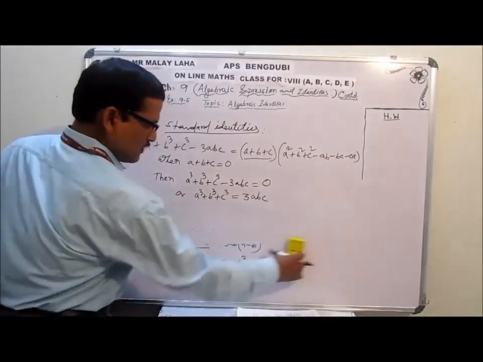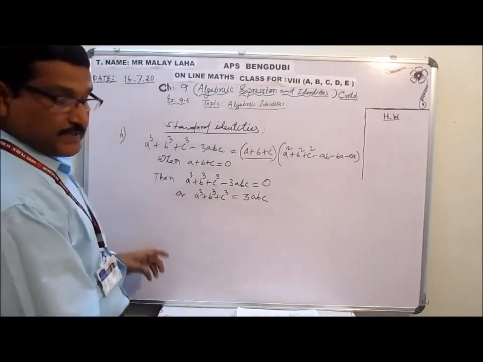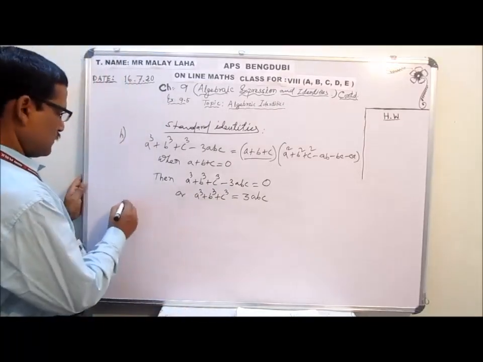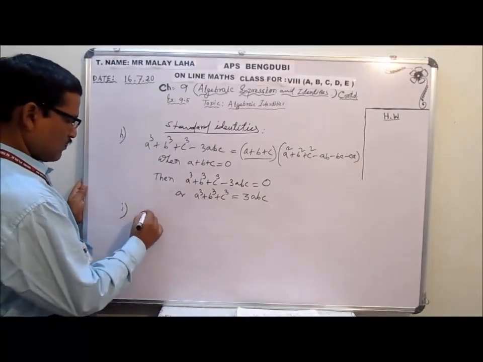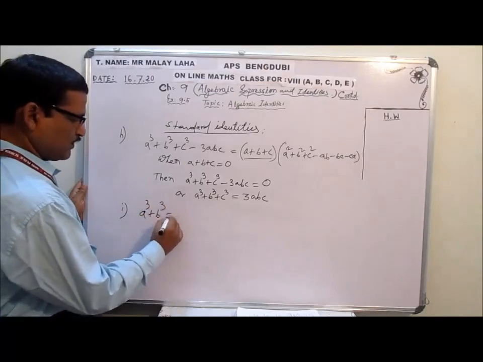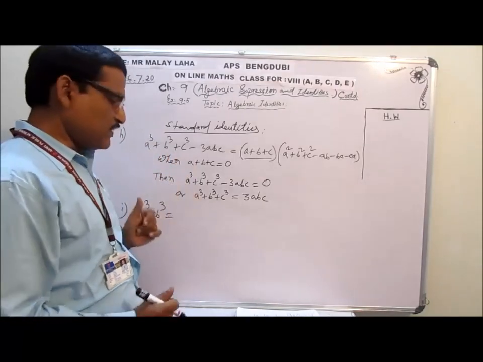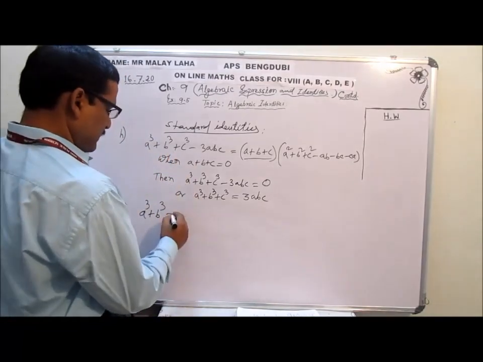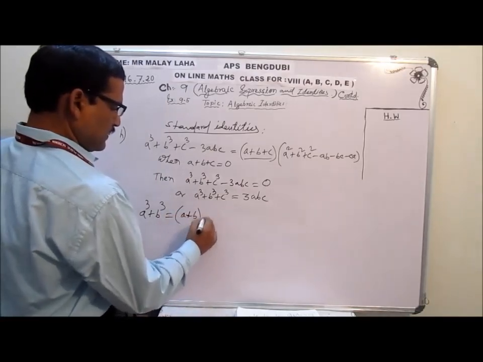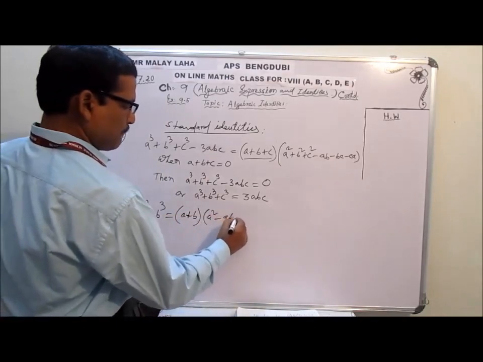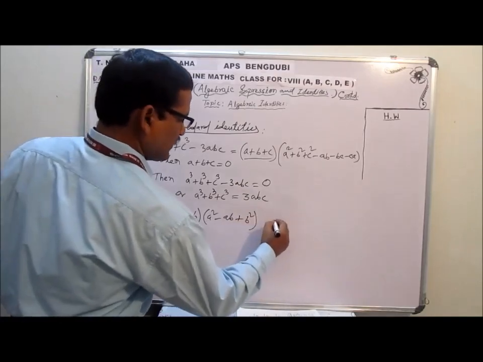Okay. Now I am coming to another part, the two identities which are used basically for factorization of the term. What is a cube plus b cube when you need to factorize? Earlier a cube plus b cube was expansion, but now factorization. In case of factorization, a cube plus b cube equals a plus b. When plus is there, first you have plus, then a square minus ab plus b square.